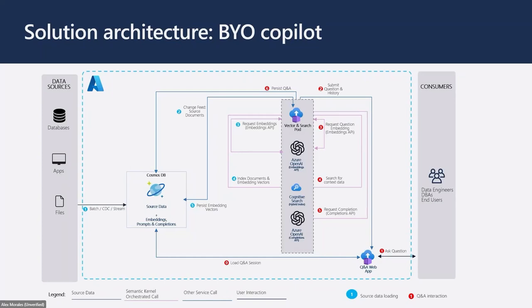So the data by itself in a database is not the one that you're going to be looking for. You can do that, and I will show an advanced demo of that. But really, what you're looking for is the content of your data. So you're going to put the data on a vector database, in this case Cosmos DB, and you're going to go through a process of ingestion where you take the data in this database and break it into pieces. That is called chunking, the process of breaking your data into pieces, and you're going to send these chunks to